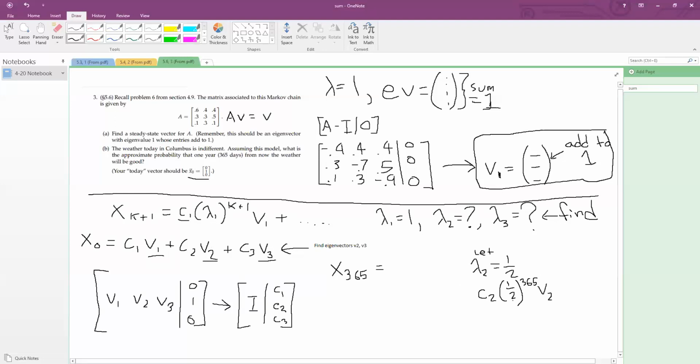If you multiply 1/2, and you can try it, if you keep multiplying it by itself, it'll get smaller. You'll get 1/4, 1/8, 1/16. 1/2 to the 365th is so small that it's almost negligible,